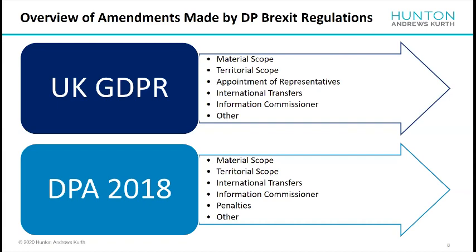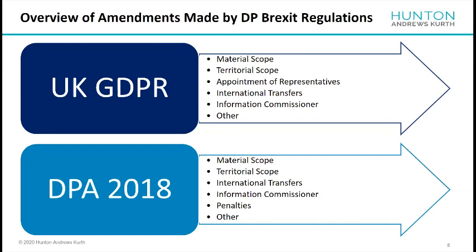17A, which gives the Secretary of State power to make adequacy decisions subject to review every 4 years. Section 17B makes it clear that there is an ongoing obligation to monitor developments in relation to any adequacy decisions that have been given. So it's not just a one-off decision point. And the Secretary of State, as I said earlier, has the power to issue standard contractual clauses. There is a lot more detail on adequacy decisions and standard contractual clauses included in a new Schedule 21.